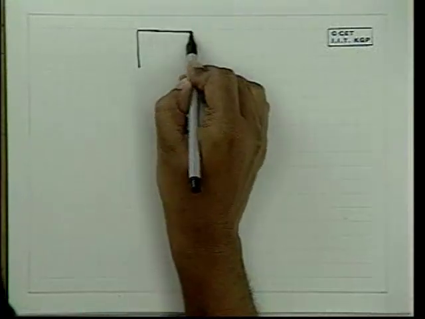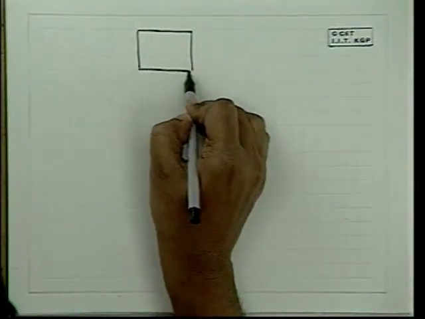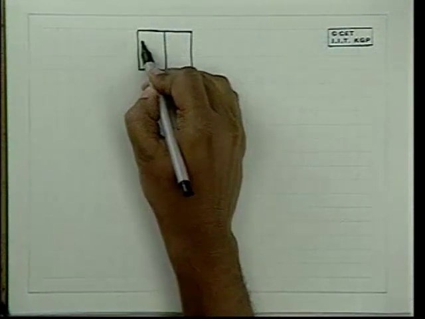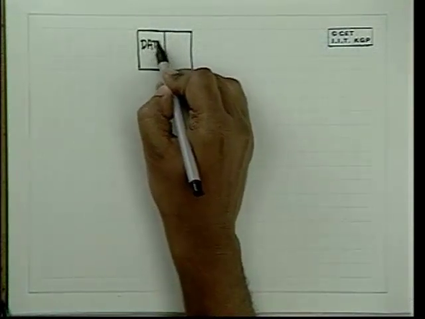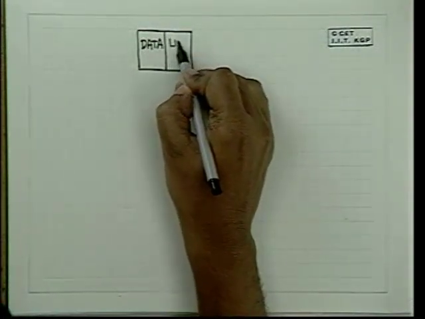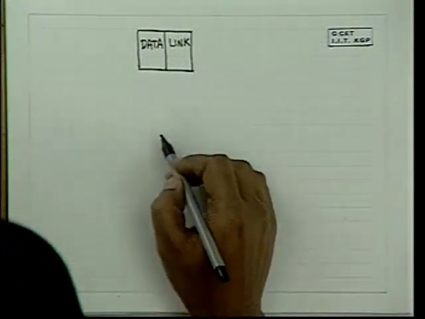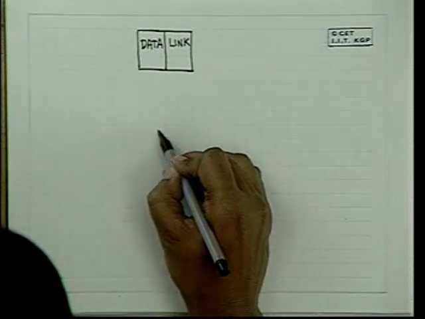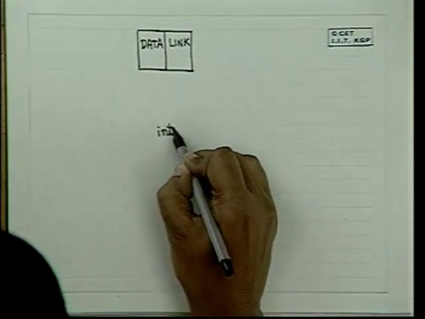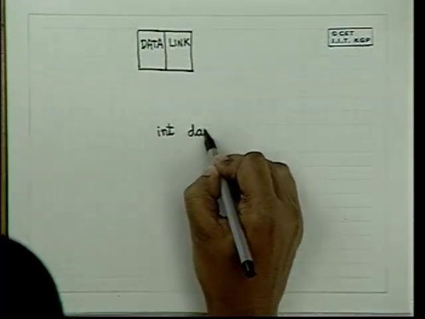So our structure conceptually consists of two parts. One is called the data part, and the other is called the link part or the next part. So inside the structure definition, we will have int data,